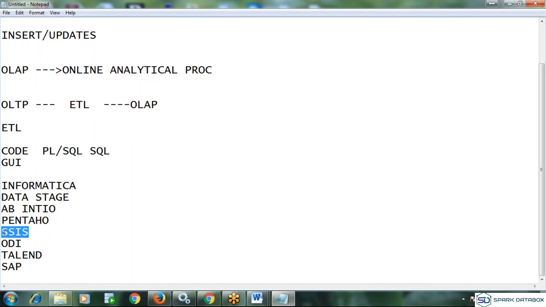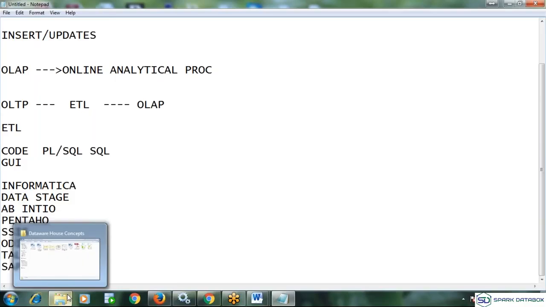Okay. Means how to process all that information, how to build the cubes and analysis purpose by using that SSAS. So this is the thing what we need to do. We need to load the data from an OLTP system, ETL will process, and finally data will go into the OLAP.